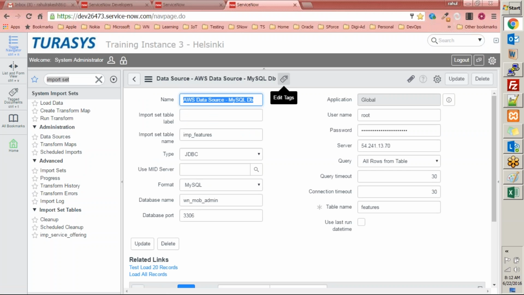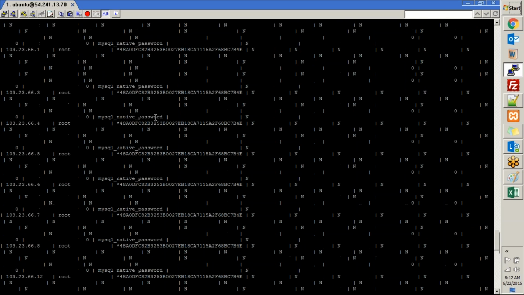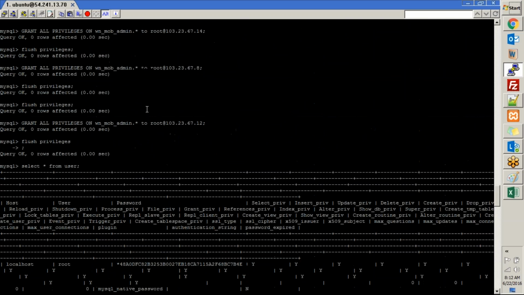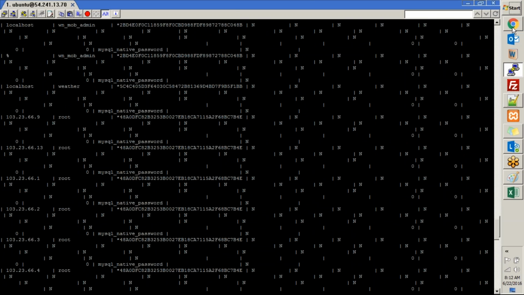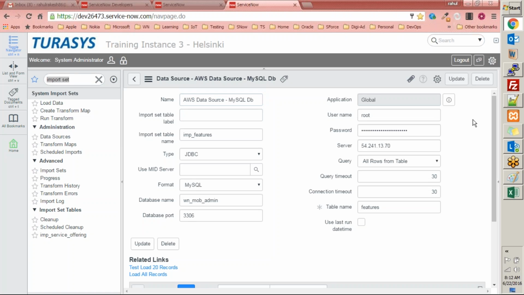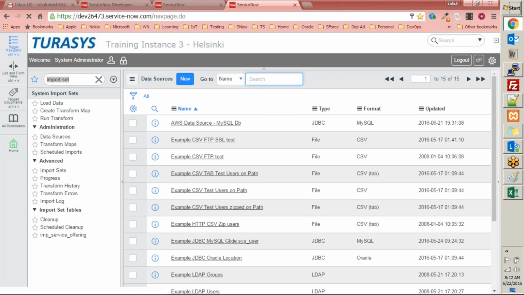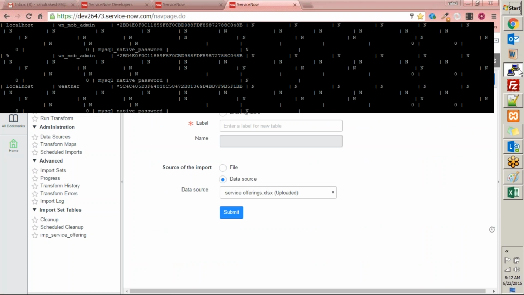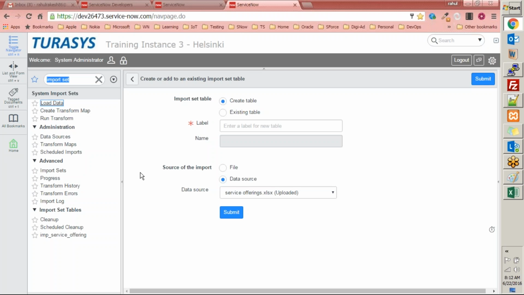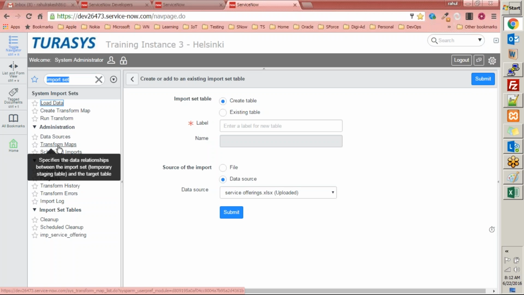I'll see if I can make the connection here in the MySQL database. If I am able to do that, I'll show that to you, right? But the bottom line is you have to get your user authenticated there, and user should be allowed to get access to the database server. So if you have that access using this data source, you will be able to pull data from the data source on the remote server within your ServiceNow instance, and then you can apply transformation map on that